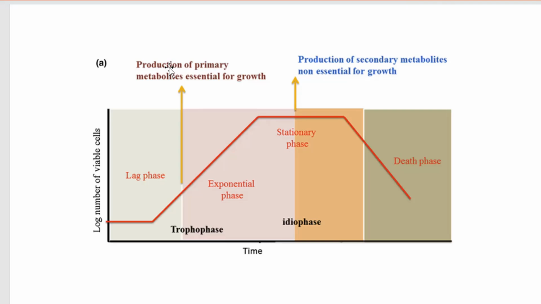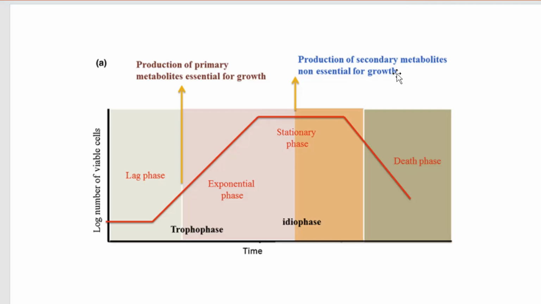Okay, this is the log phase, or it can also be called the exponential phase, where there is the production of primary metabolites essential for their growth. When there is an excess number of the organisms, then obviously there would be a shortage of space as well as nutrient factors. So this causes a decrease in the growth of the bacteria, and the growth becomes stable. Okay, so here in the stationary phase, there is the production of secondary metabolites, as I mentioned,